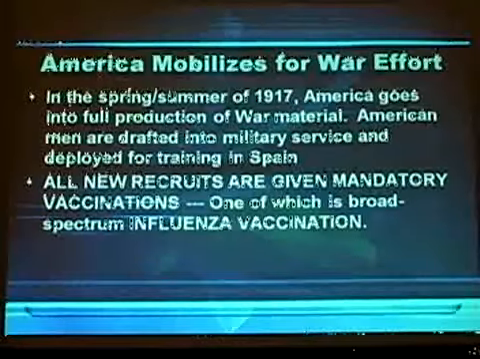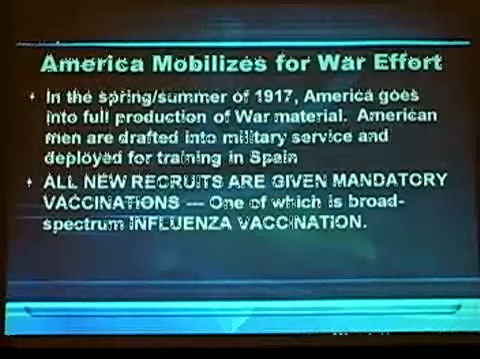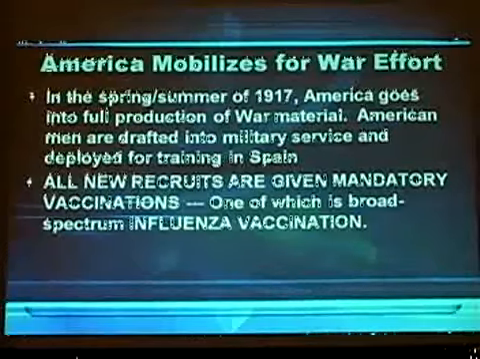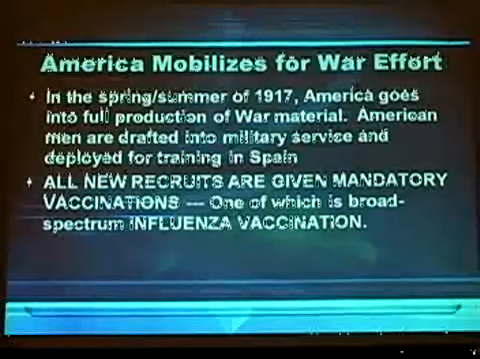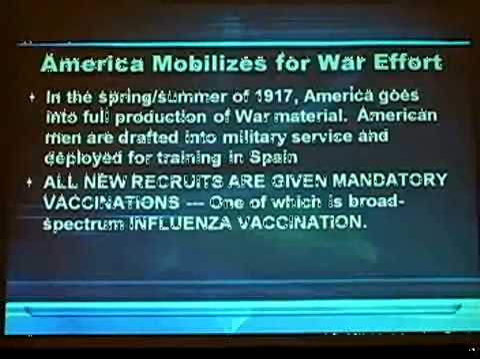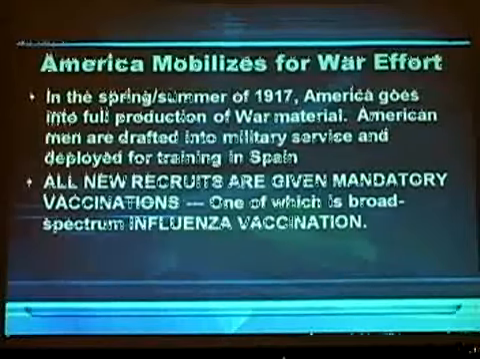For the very first time in U.S. history, all new recruits, Army, Navy, Marines, Air Force, all new recruits are given mandatory vaccinations, one of which is a very broad